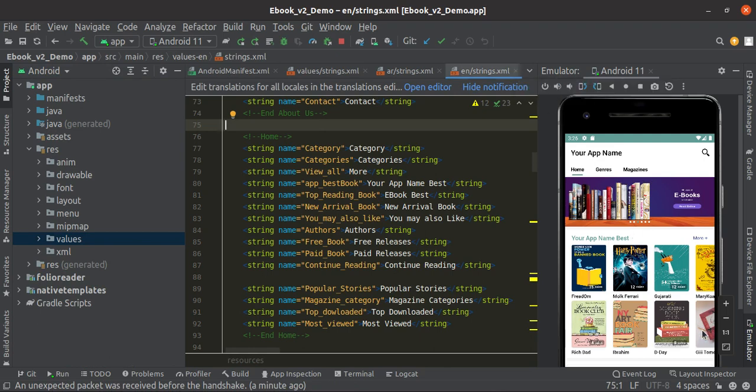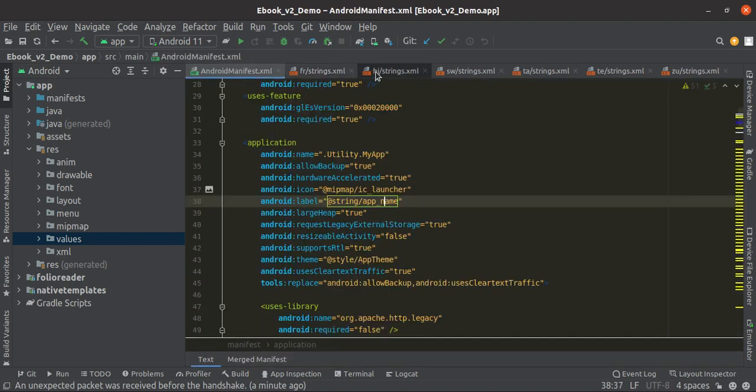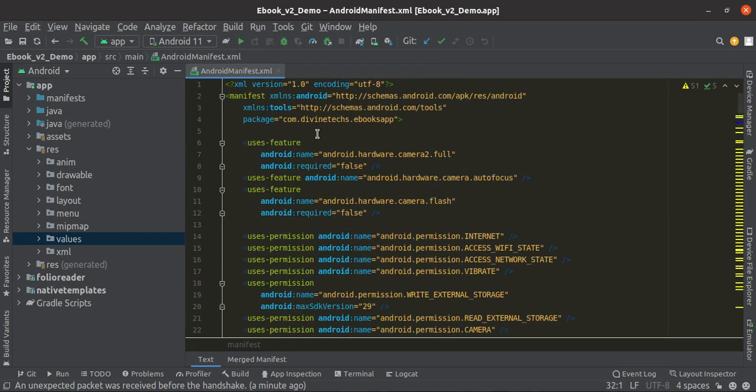Let's see package name changes. Close these string files. Now we are going to learn how to change the package name of the app. This is our package name in the manifest file.